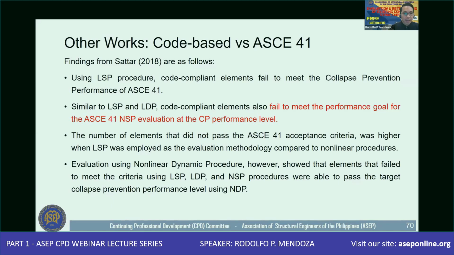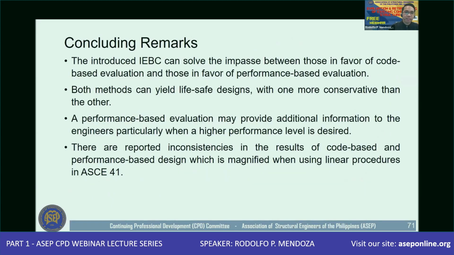However, in the final conclusion, if you actually use the nonlinear dynamic procedure, it will show you that even those members that fail using linear procedures in ASCE 41 can still pass the assessment if you use nonlinear dynamic procedures. So as a concluding remark for this webinar, in this lecture, I introduced the